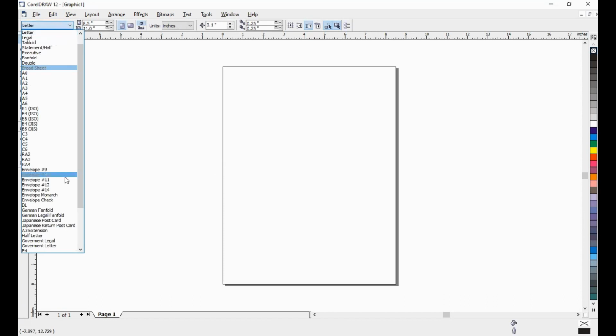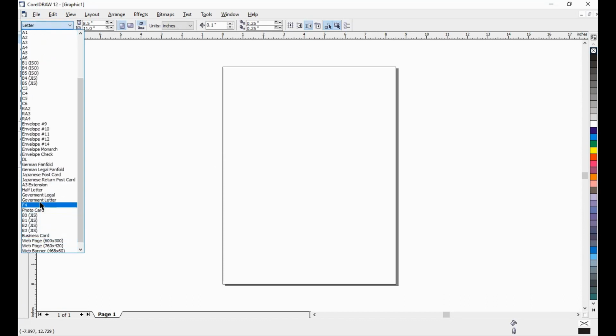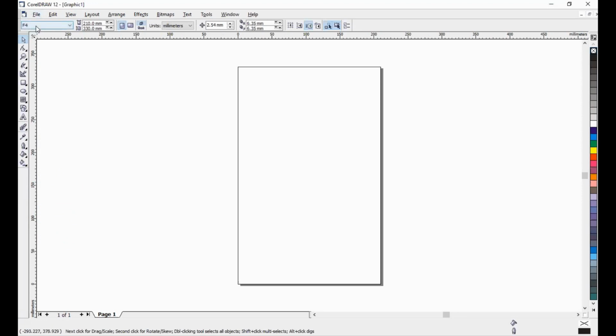First, I will set the page to folio, which we call F4. It has a width of 21 centimeters and a height of 33 centimeters.